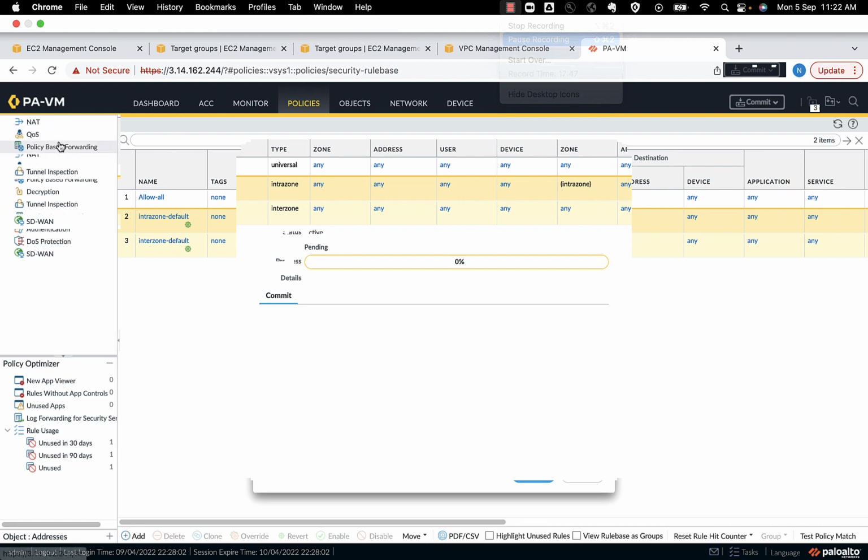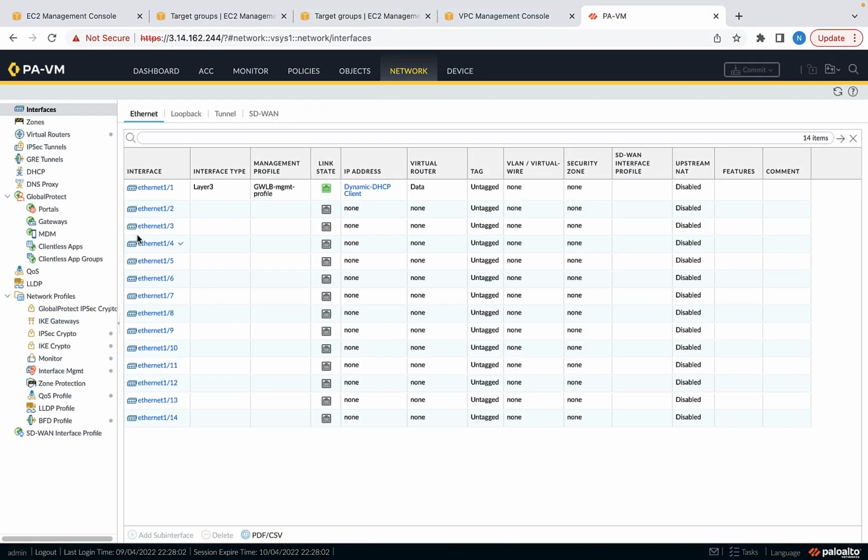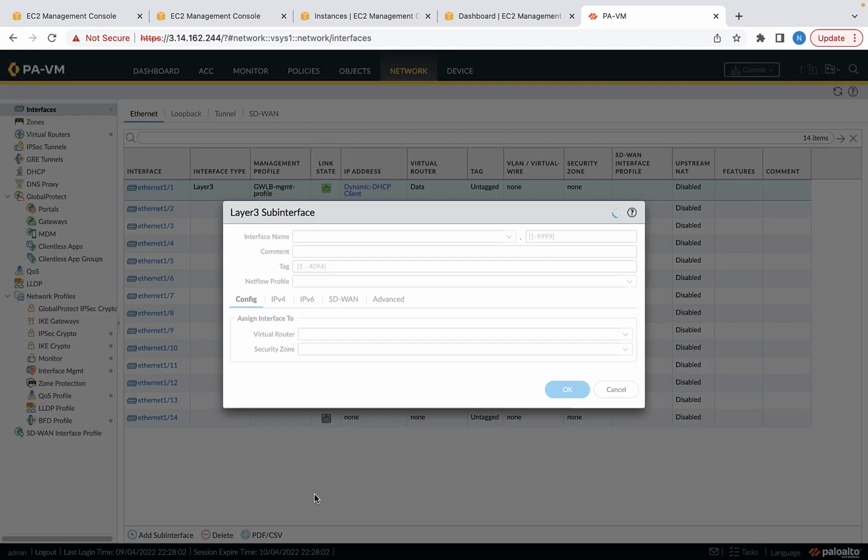Now before we go back to EC2, there's one more set of configuration which we need to do, which is basically configuring the subinterfaces. Now this is needed because we would want to associate the gateway load balancer endpoints with the specific zones for visibility purpose. So I'm going to create a subinterface. So highlight the ETH1/1 and click on add subinterface. I'm going to start with 10. Add a value of 10,